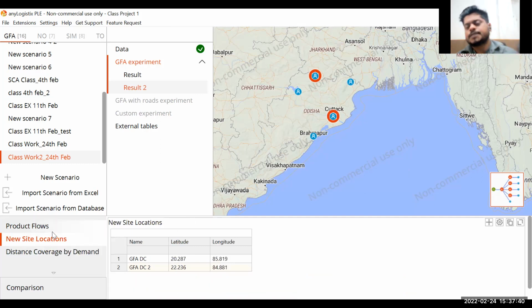Okay, so like I said, I have shown you 2 ways. One way, when you do not know the customer locations, you ask the software or this tool to generate customer locations based on the population density. The second way, graphically you can select the customer locations. Then there is another way. So what you have to do,